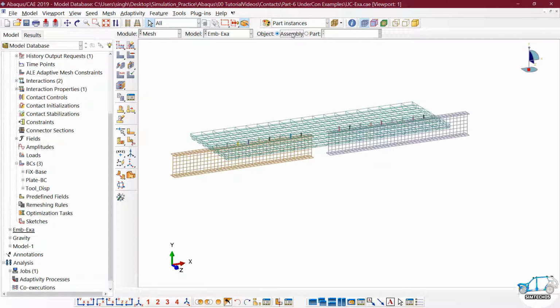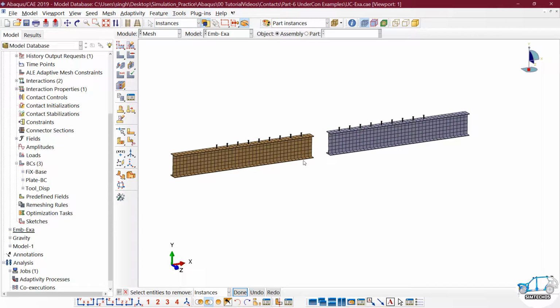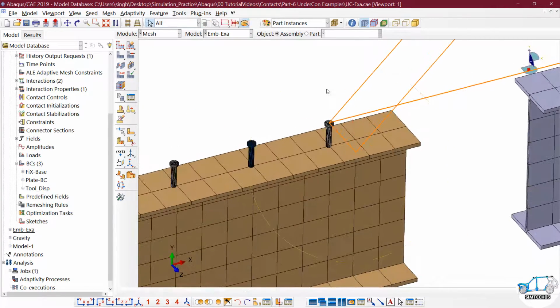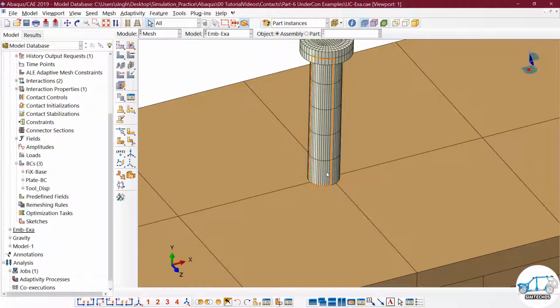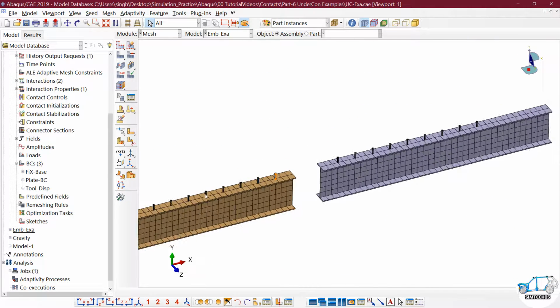Now click on Assembly. So when you go in Assembly and look at the stud and the beam, there will be a problem. What problem are you facing? See, just hide this instance again, and let's see. Just zoom in. See, of course this stud gets contact with respect to those elements, within the default tolerance of the tie. But what will happen about this stud?